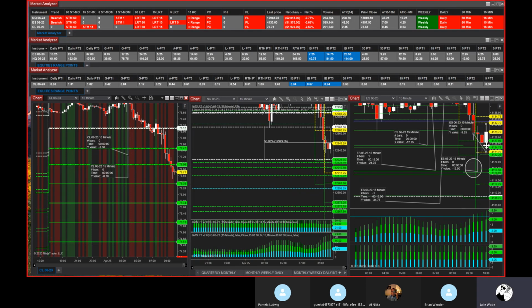And we've got about 4 minutes to sit inside of this 925 range. Time for some consolidation. We're going to be going into lunch soon, so